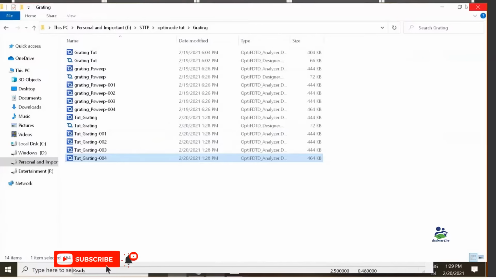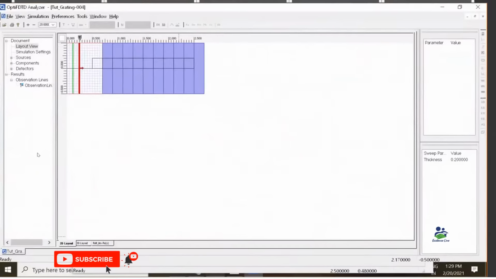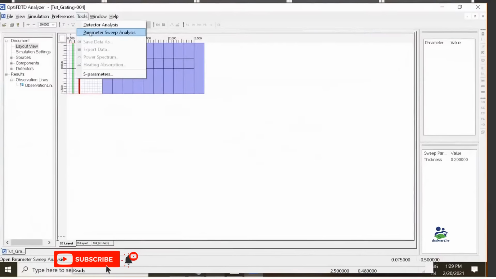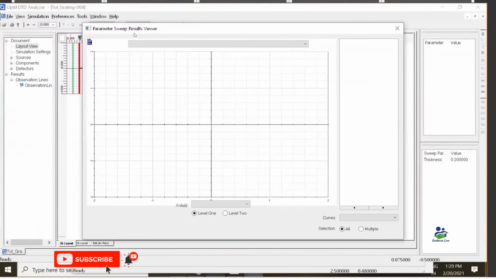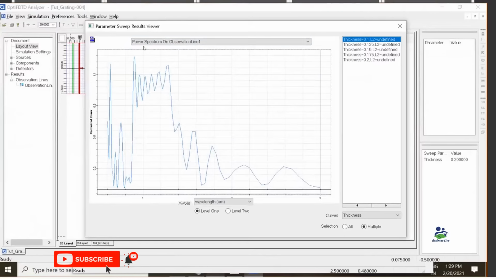So this is window 4, and now in the tool you can see we have a parameter sweep analysis. On clicking on that, we have a power spectrum on observation level. So if I click on that, you can see we have a power spectrum showing over here.